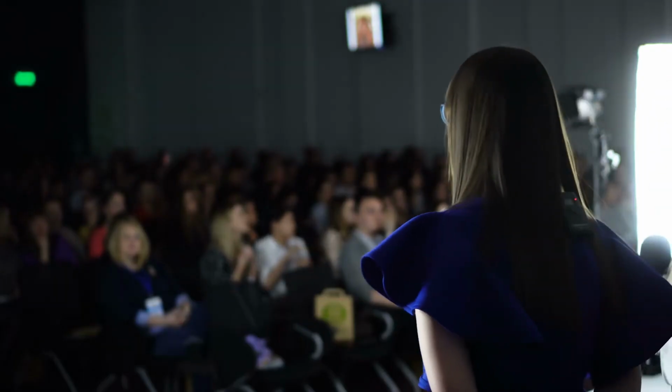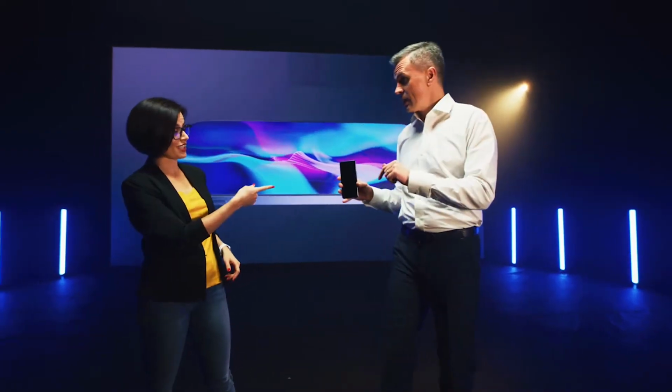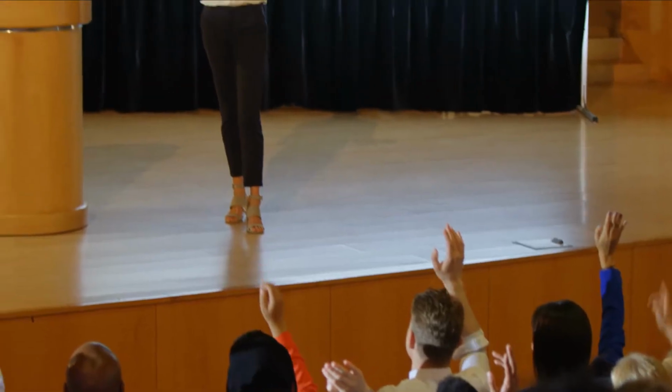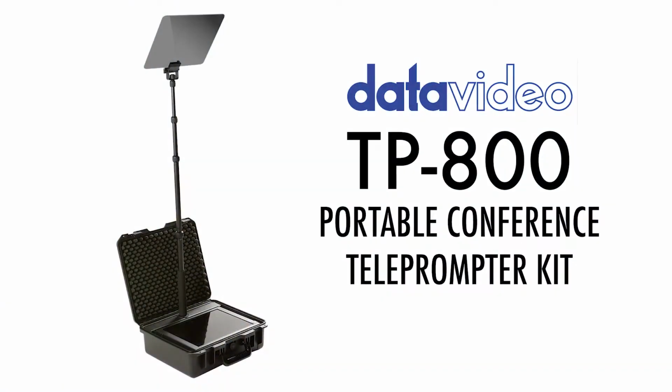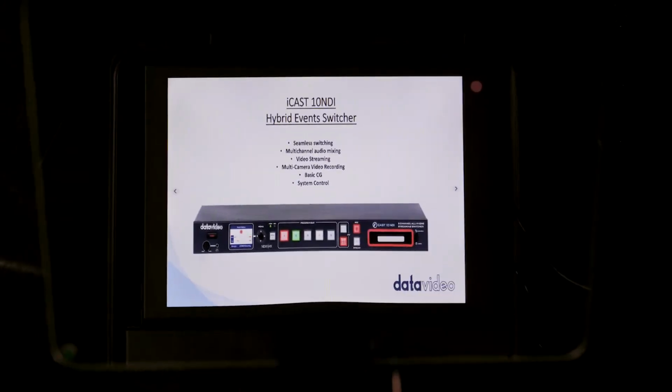When speaking in front of an audience, memorizing a script and giving a presentation can be very challenging. To ensure an event runs smoothly and you give your best performance, the Datavideo TP-800 portable conference teleprompter is there for you. It can be used for anything from a speech at a podium to a PowerPoint presentation on a